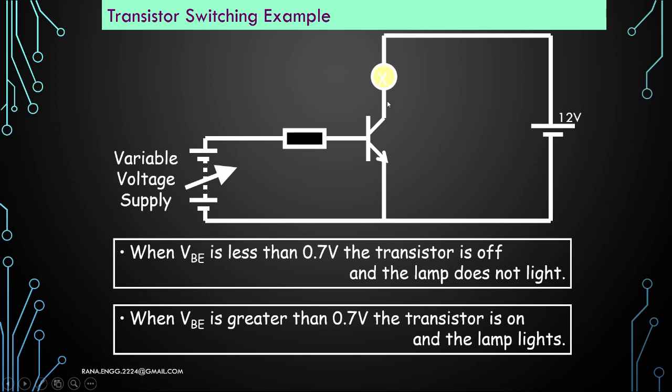So if it is N, P, N, this transistor's arrow is going outside, so this transistor is N, P, N, so base is P, right? To make input side forward bias, P should be connected with positive terminal and N should be connected with negative terminal. So this is our input side which is in forward bias condition. Now if you observe, we have one P type and one N type only at the input side. So if we consider only P and N combination, it is nothing but a diode.